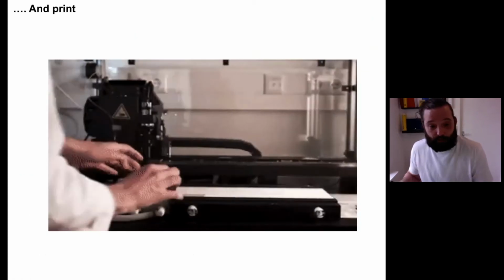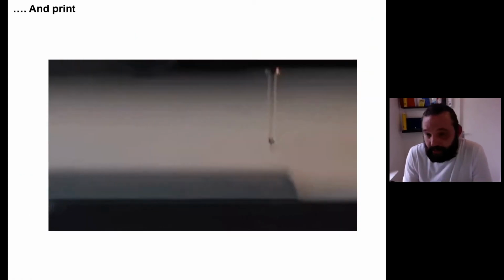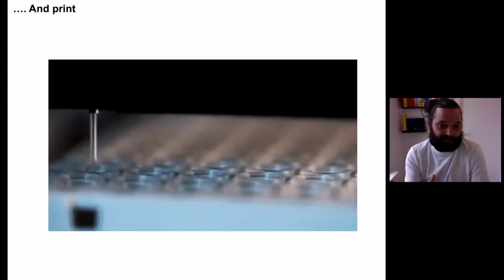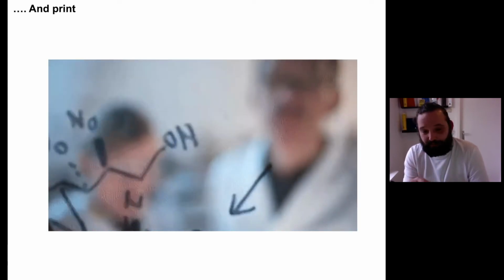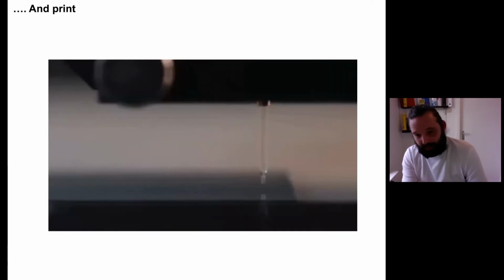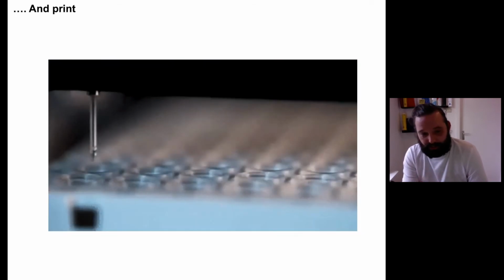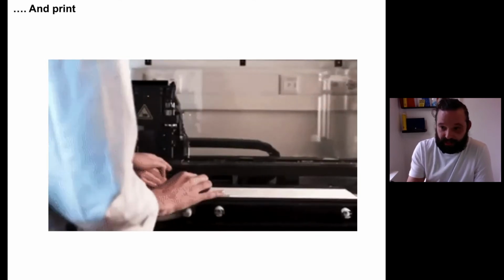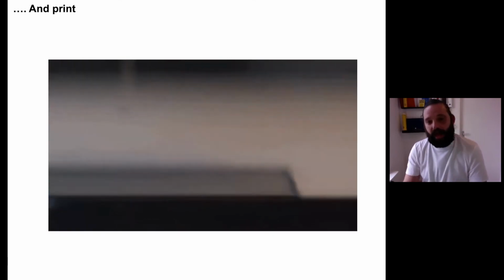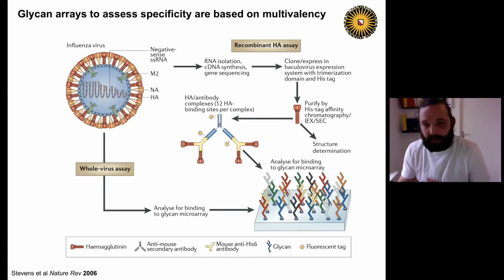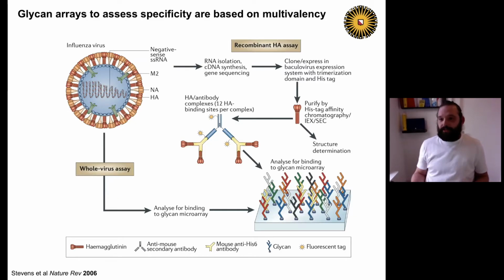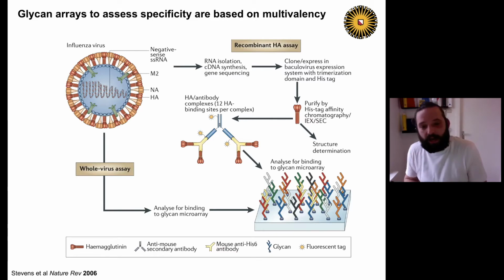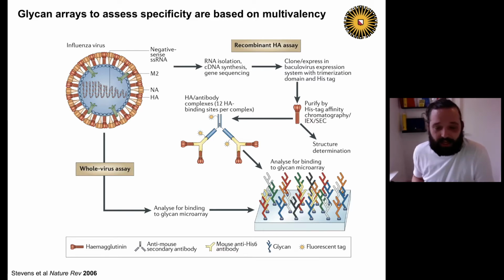So when we're done, we print these glycans on glass. And this is a little movie with a non-contact printer where you add your 96 well plate, you get a pin, it goes into that, and it will deposit defined N-glycans at a specific spot. And if you then have a glycan array, you can interrogate all these different glycans that we just made in a single assay. Some glycan arrays have up to 500 structures. We are now at around 200 different glycan structures.